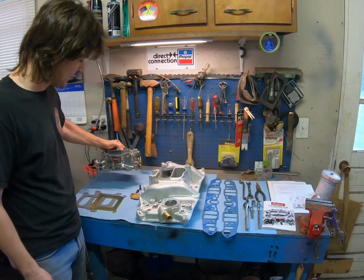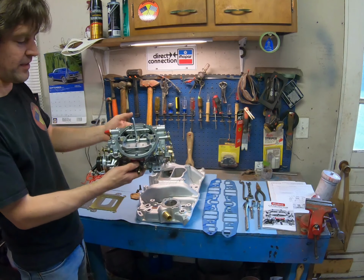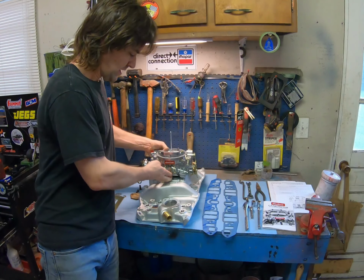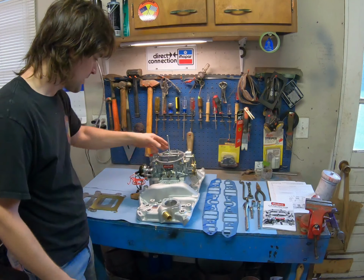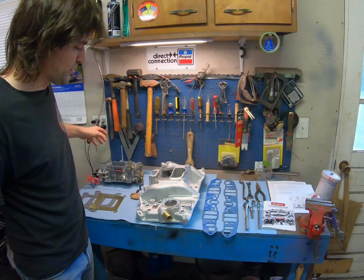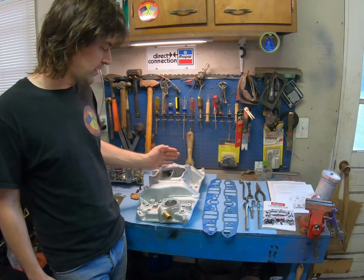And what you can put on that is this 600 Edelbrock. Pretty common. You see these everywhere, really. The 1406 model, and we'll have to secure some studs so we can put them on there. We got our gaskets for it. And yeah, so we're going to do a replacement of the old single plane cast iron 2-barrel intake and Carter